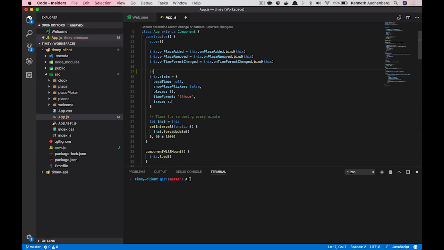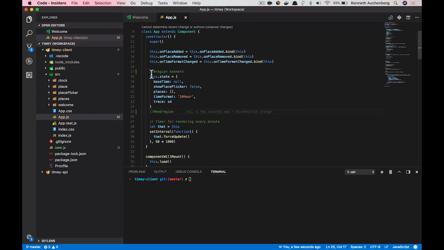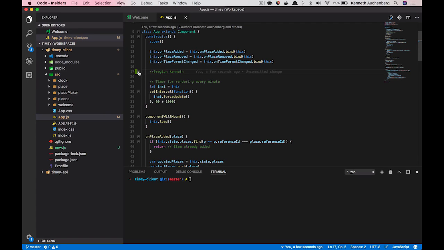You can make a comment, use a hash, and add a region. So I can add a region here called Kenneth, and I can end this region in a piece of code by saying end region. And what you now see is that VS Code is now able to fold and collapse this region. This is an example in JavaScript, but out of the box, we support region folding for Go, Python, and a bunch of other programming languages. And if there's a programming language that we don't support yet, please open an issue on GitHub so we can